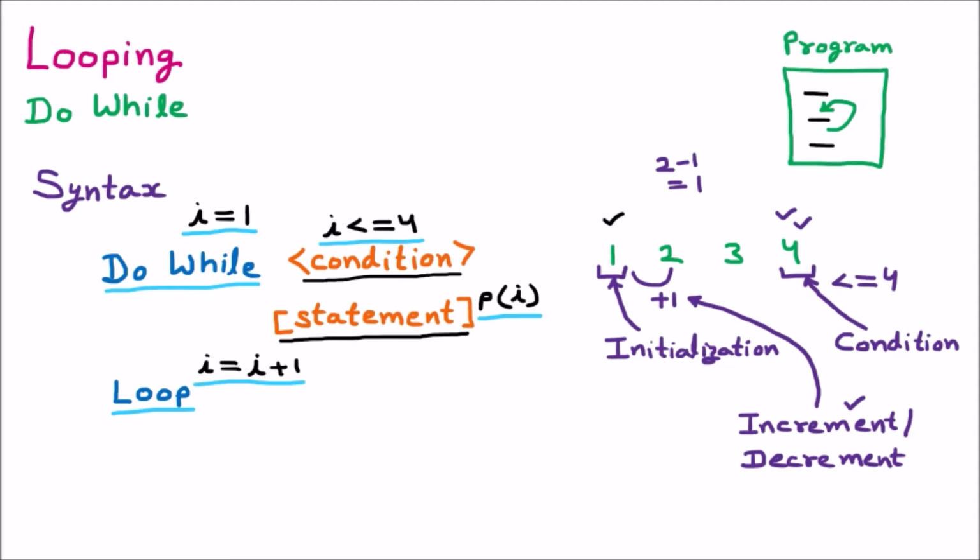Now if we see the real life implication, how does it work? First of all the program will come here, a variable I will be initialized and it will be 1. Then afterward it will go down. On the do while it will go and check the condition I less than equal to 4. That means this 1 less than equal to 4. You can see that in the do while we are checking the condition first.